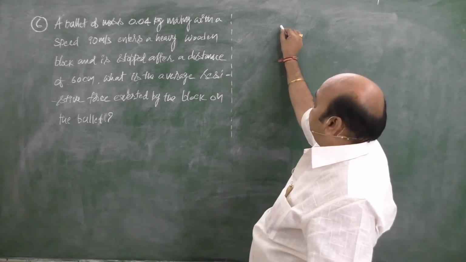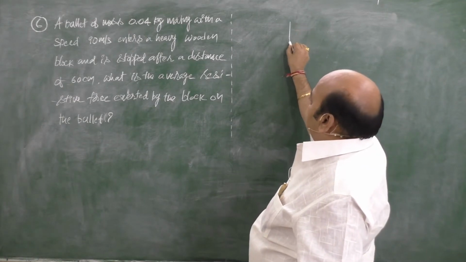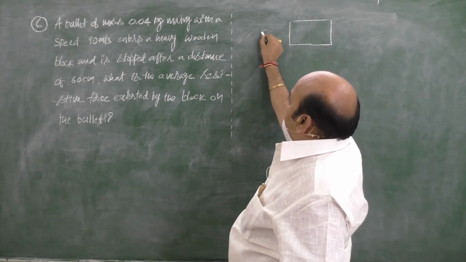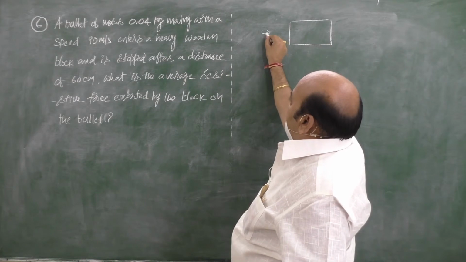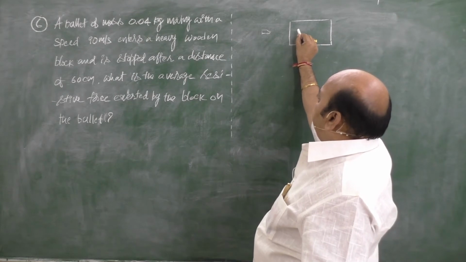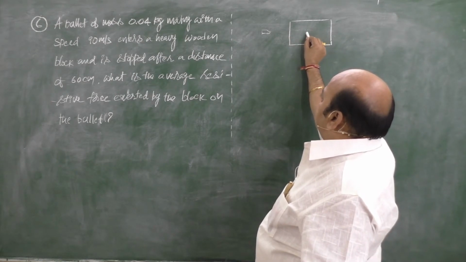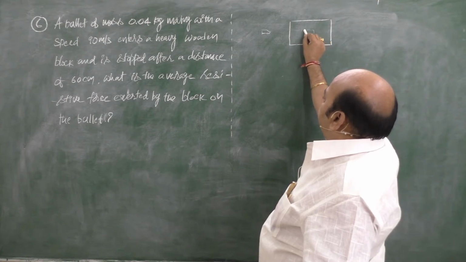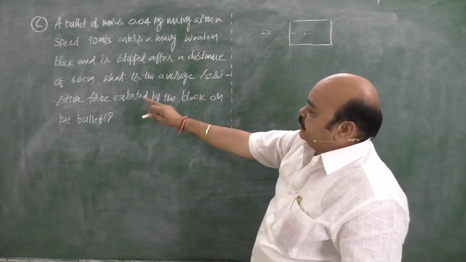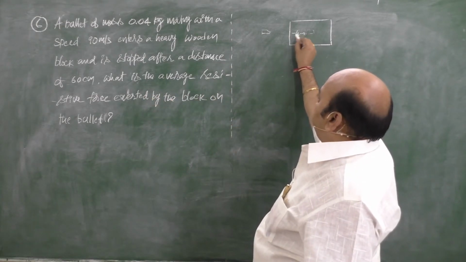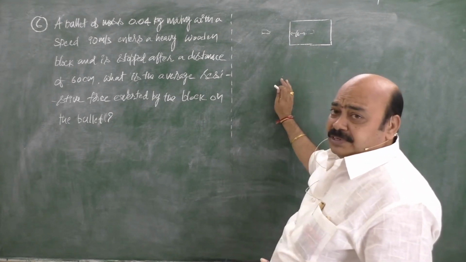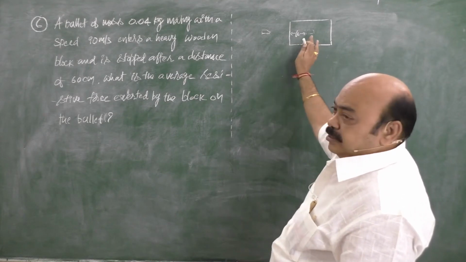First, I will try to visualize the concept. It is a wooden block. Now, a bullet was fired into this. This is a bullet. It is general knowledge that when it strikes the block, it will pierce. That means it will move up to a certain distance inside the block and finally come to rest. The distance through which it moved was given as 60 centimeter. Now, our job is to find the force exerted by the block on the bullet.